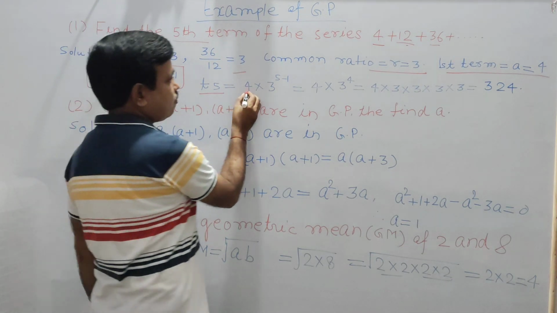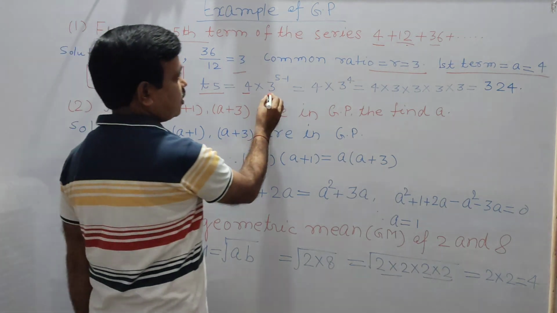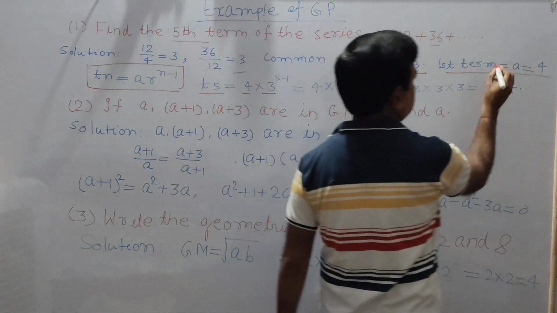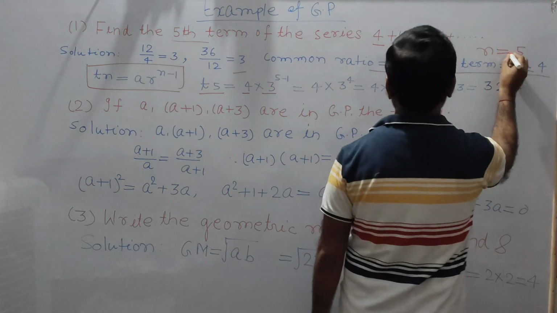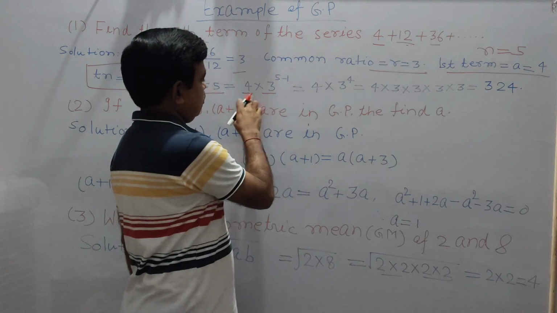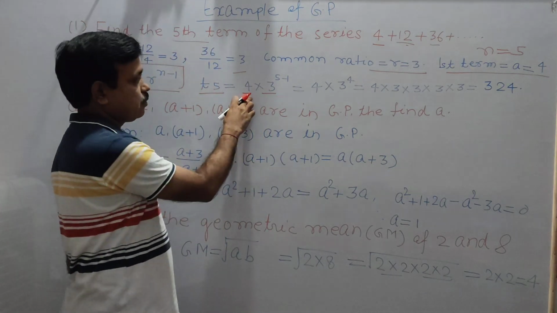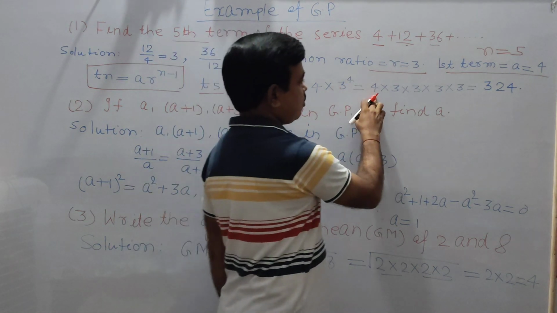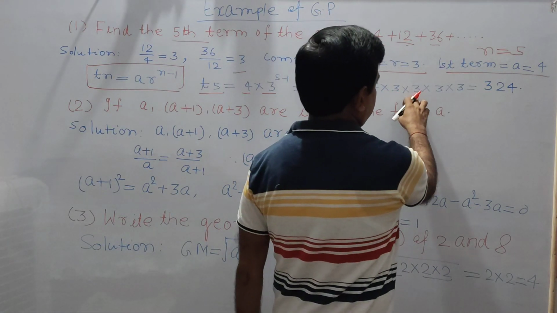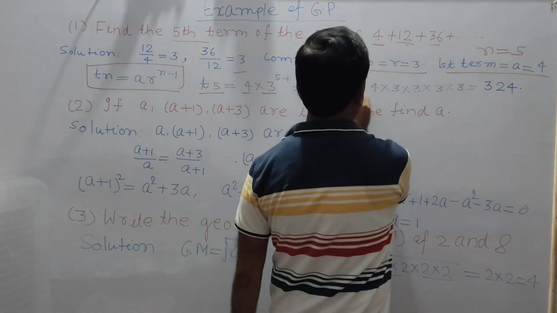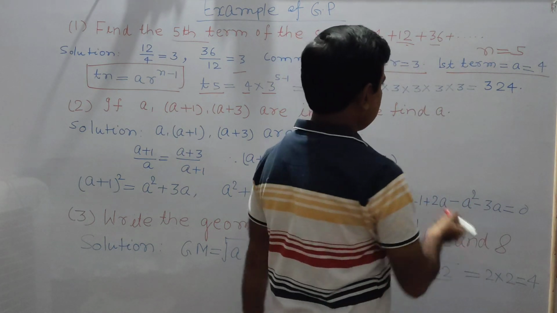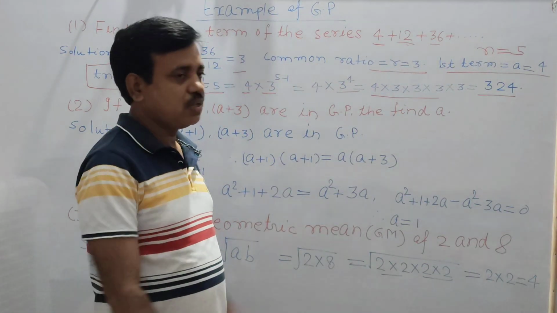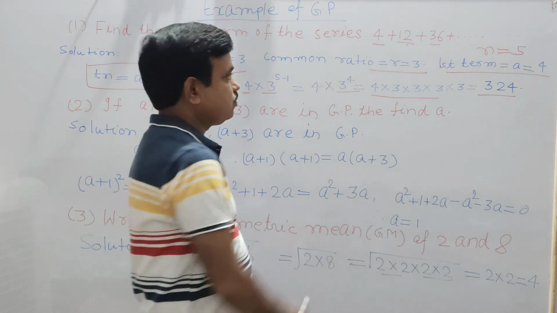So T5 equals: your first term is 4, the common ratio is equal to 3 and n is equal to 5. Then T5 equals 4 multiplied by 3 power 5 minus 1, equal to 4 multiplied by 3 power 4, equal to 4 multiplied by 3 multiplied by 3 multiplied by 3 multiplied by 3. 3 power 4 means 3 multiplied 4 times. Then we calculate this value, and we get 324. Then the fifth term of this series will be